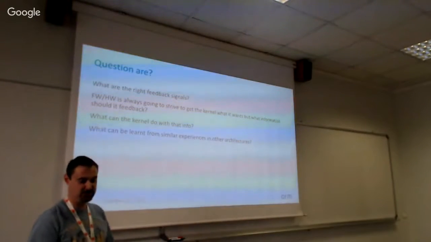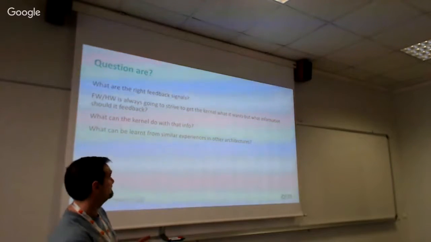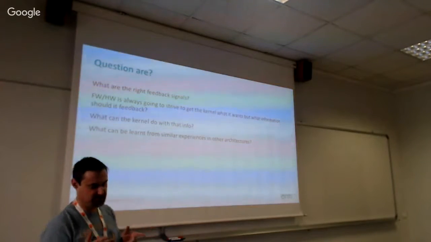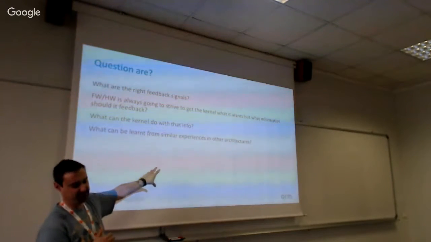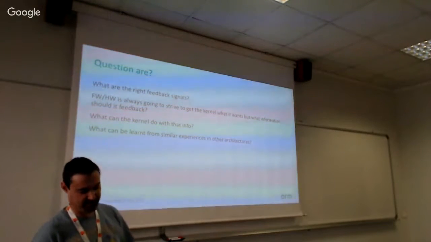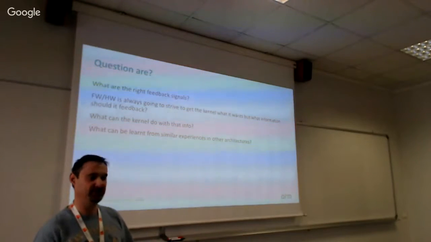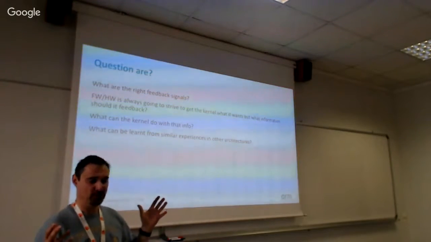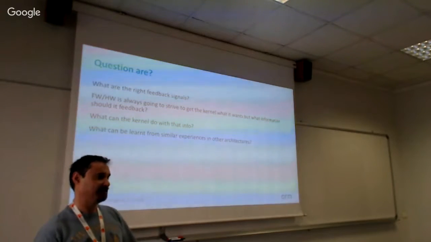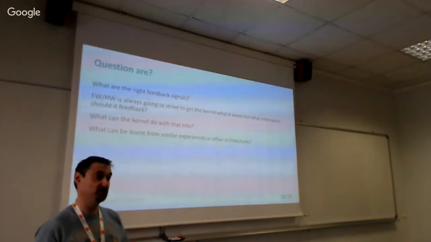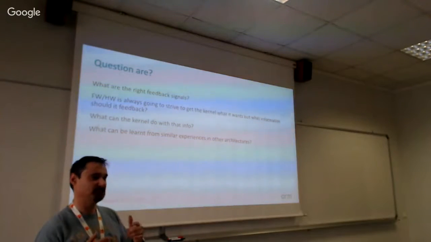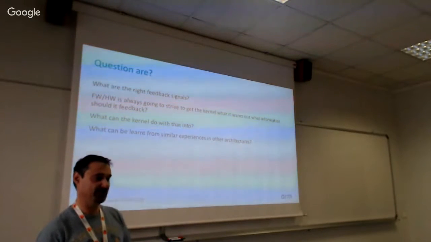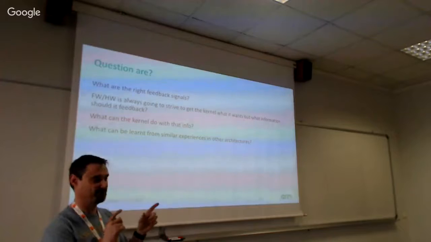But the questions for you guys would be: are these the right feedback signals? Should we have other feedback signals? We've actually agonized a lot, in figuring out the firmware interface I talked about earlier, the SCMI, about what sort of notifications we could have. If the platform decides to cut you for some reason, should you get an interrupt every time that happens, or should there be some kind of aggregation? And even if you have that information, what are you realistically going to do in the kernel with it? We could imagine a million signals that we provide, but we're going to be here 2 years down the line going, actually, we never used that.